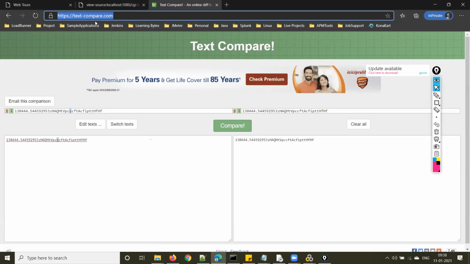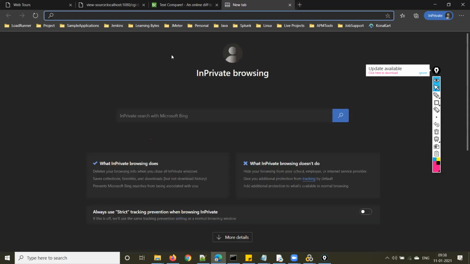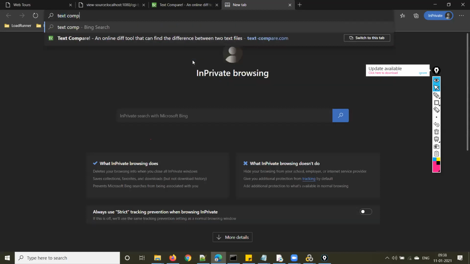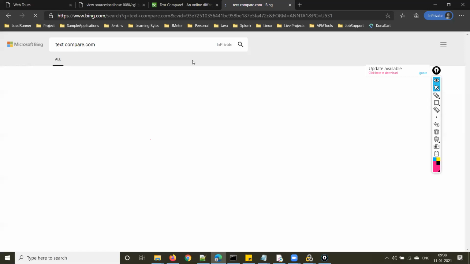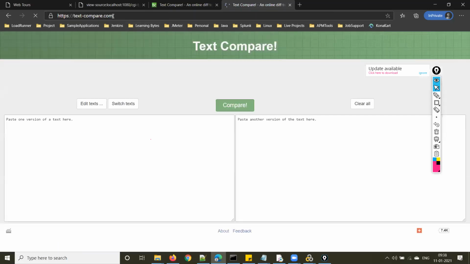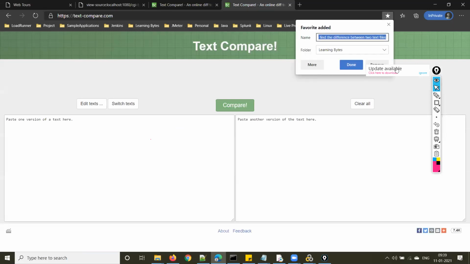Can you note it down? Go to textcompare.com. Just Google for textcompare.com, go to that, and bookmark this in your browser.